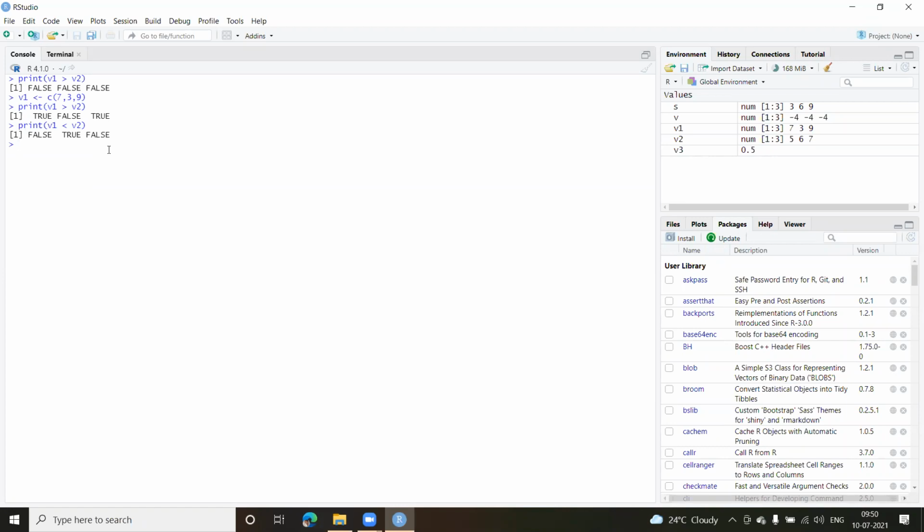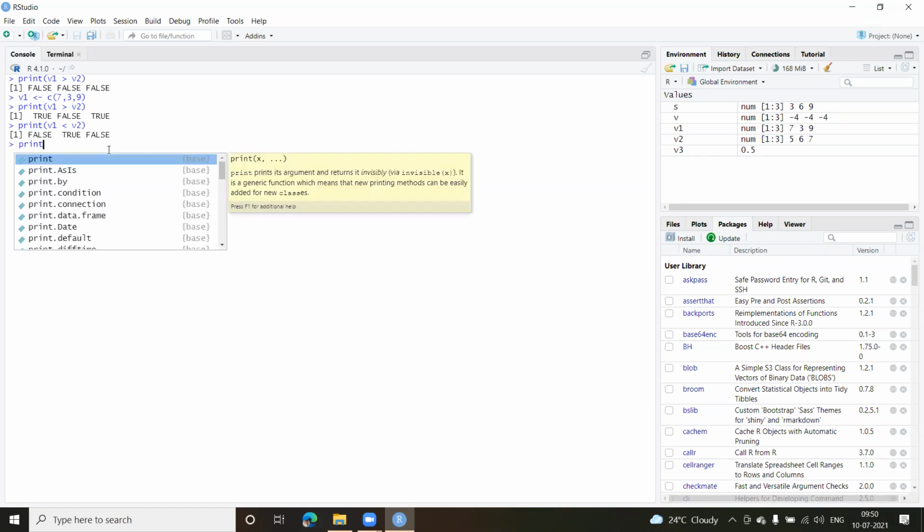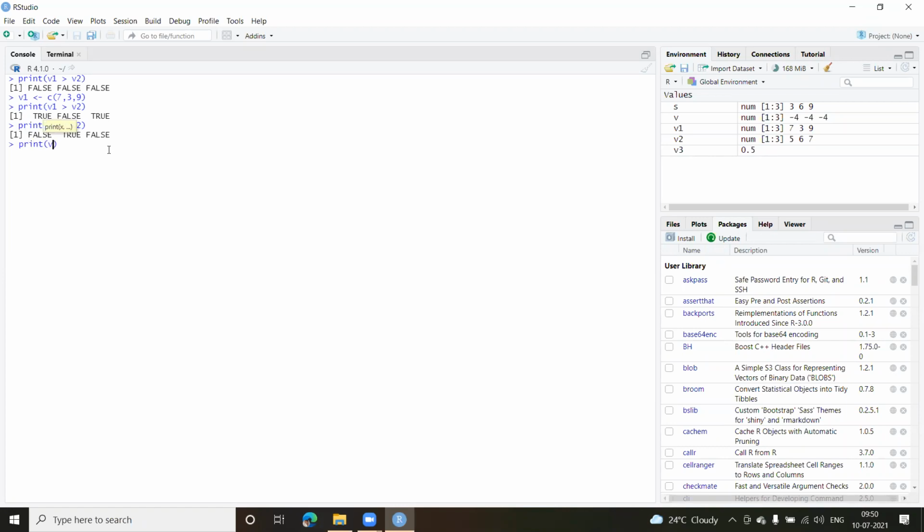In this case, I'll write print into bracket, let's say v1 equal to equal to v2. Now, because there are no equal values, it will be false. So all are false. Let us quickly change v1. I'll change this to say 5, comma, 3, comma 9, and now print v1 equal to equal to v2 and check it out.